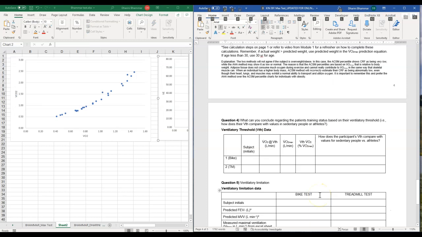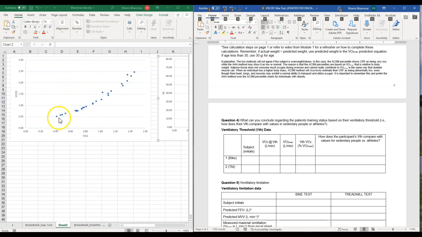Question 4 is asking for ventilatory threshold, and for ventilatory threshold you're going to need two plots. You're going to need VO2, VCO2 as one plot, and then VE and VO2 as another plot. And you have to plot these just like you plotted your VO2, heart rate, VO2, work, time and heart rate and time. So you plot it exactly like that, and then I'll show you what you do next. I mean, there are instructions also, but I'll just walk you through it.